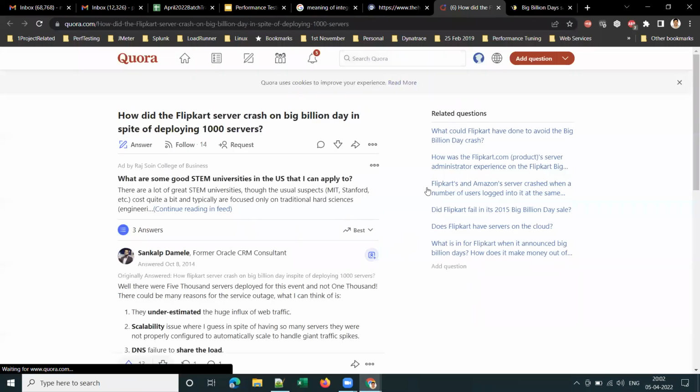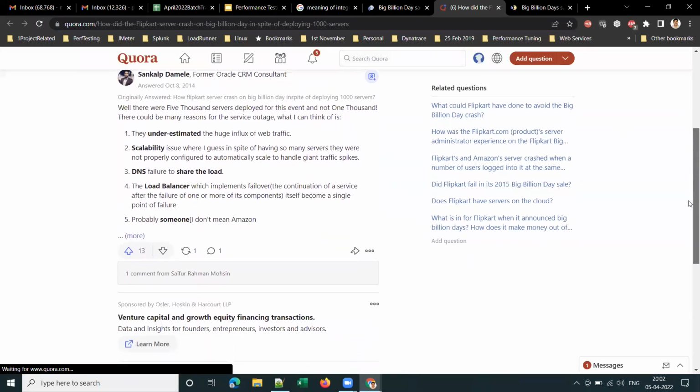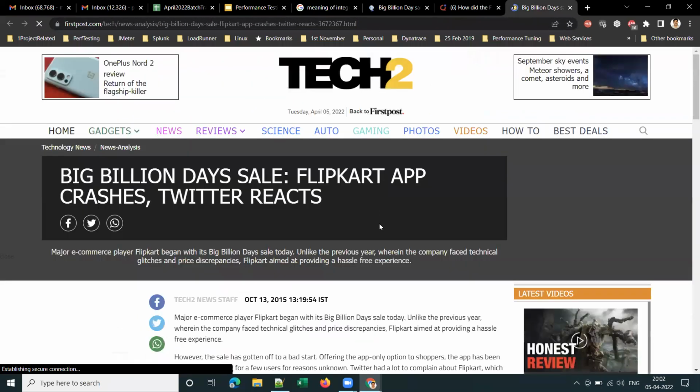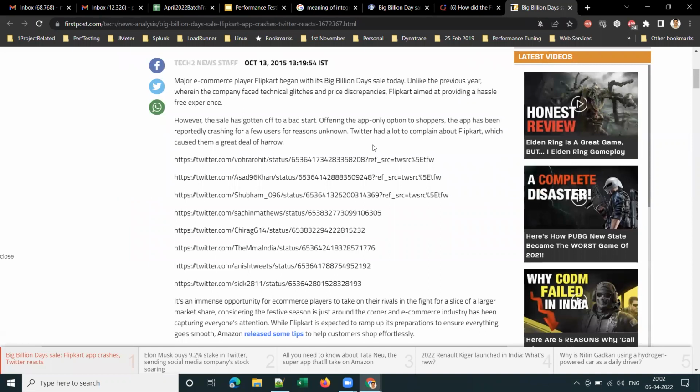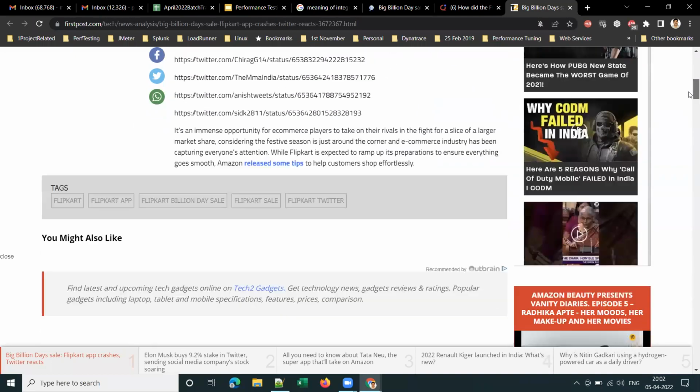It will be in crores, guys. Yes or no? Yes, sir. The loss will be in crores, right? And it will not only impact the revenue, it will also impact the reputation of the company,